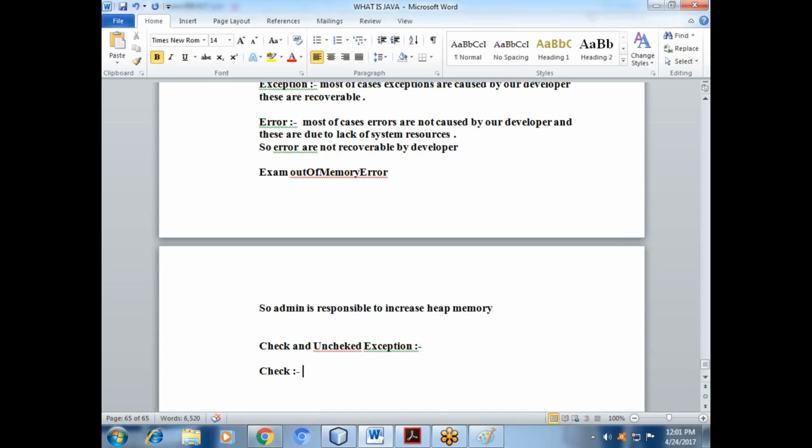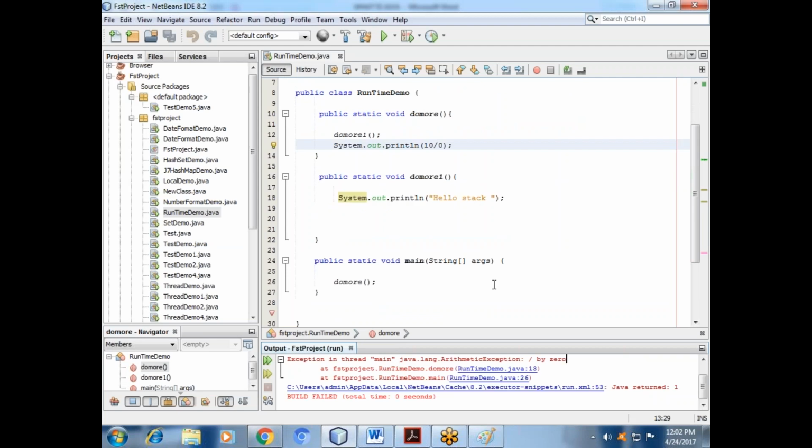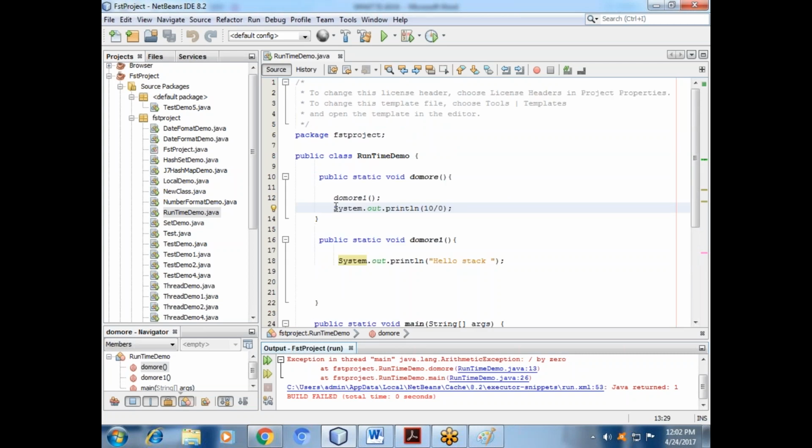See, exceptions which are checked by the compiler for smooth execution of the program at runtime are called checked exceptions. Whenever I run any program, see, suppose this one is our program.